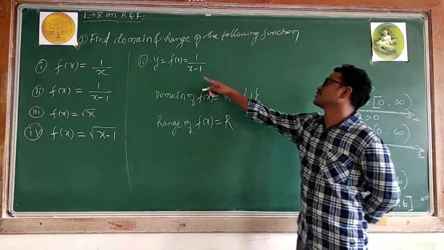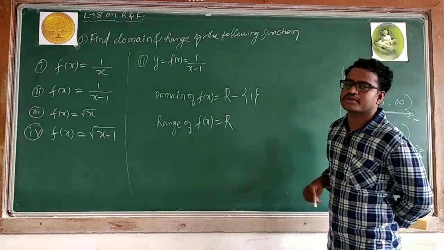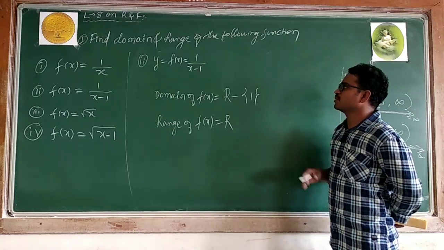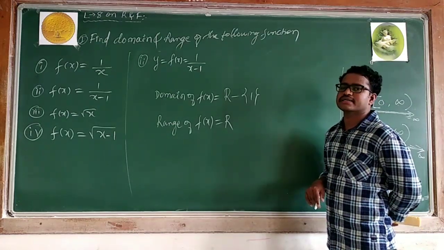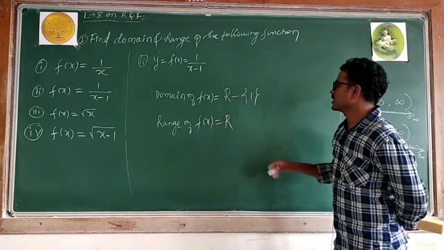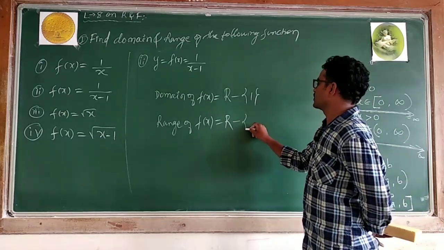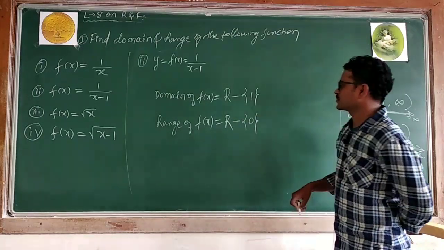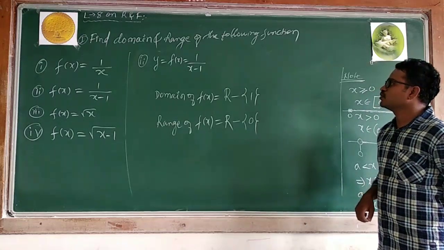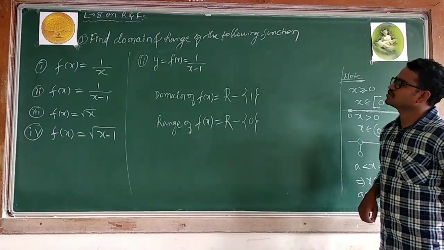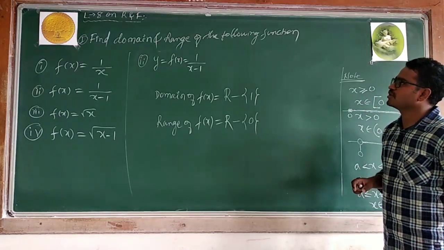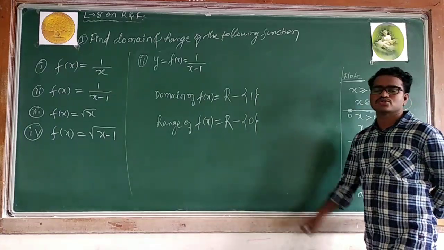When you are taking x equal to 2, 2 minus 1 means 1 divided by 1. You can take any value, but 0 we are not getting. 1 divided by anything, it is not possible to get 0. Means I can say the set of real numbers excluding 0. I am not getting 0 here. You can get any positive value, negative value, anything, but it should not be equal to 0.